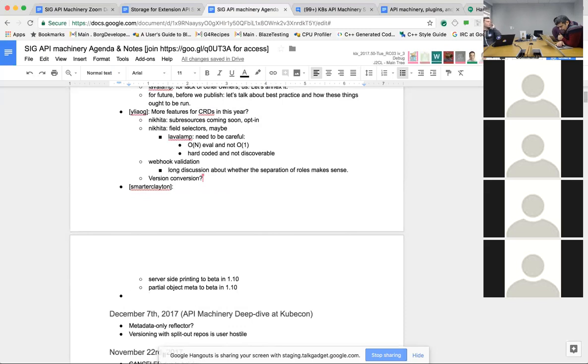So the other missing feature of CRD, something we want to do, is version conversion on CRDs. That's kind of a can of worms. I'm not sure. I saw an issue for it, but I saw no design outstanding for it.